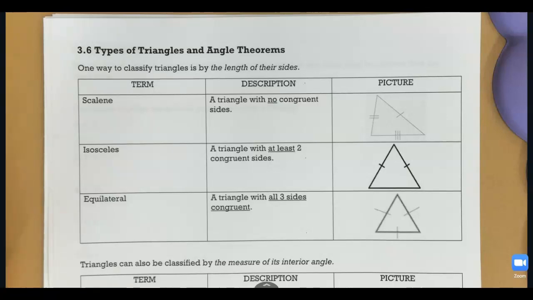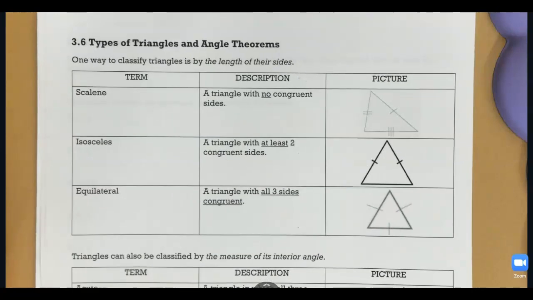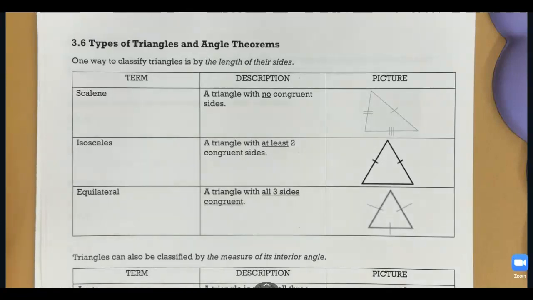All right, today we are going to be looking at some more sections in Chapter 3. We're going to be looking at some types of triangles as well as angle theorems, first of all. So we can classify triangles in two ways. We can classify them by the lengths of their sides, and so it will fall into one of three categories: